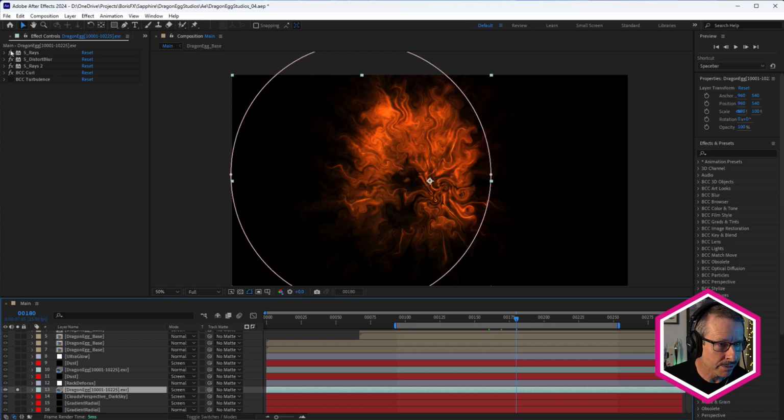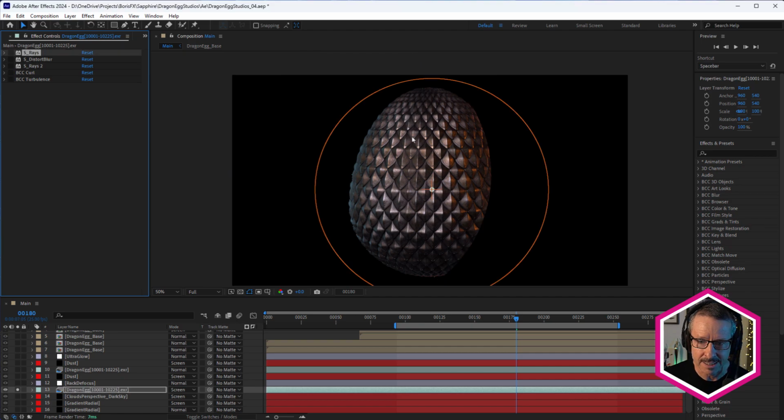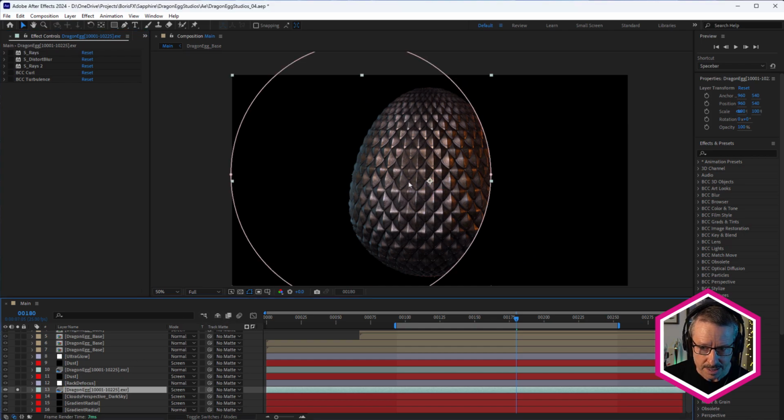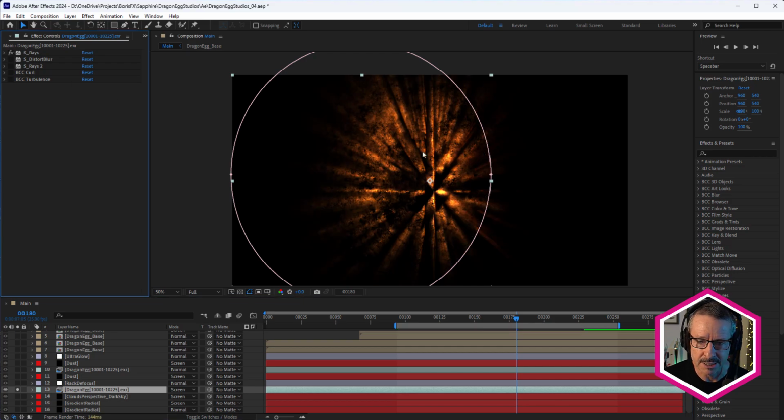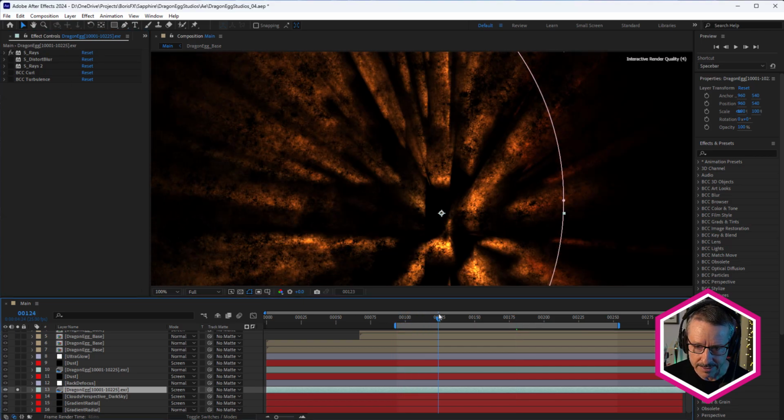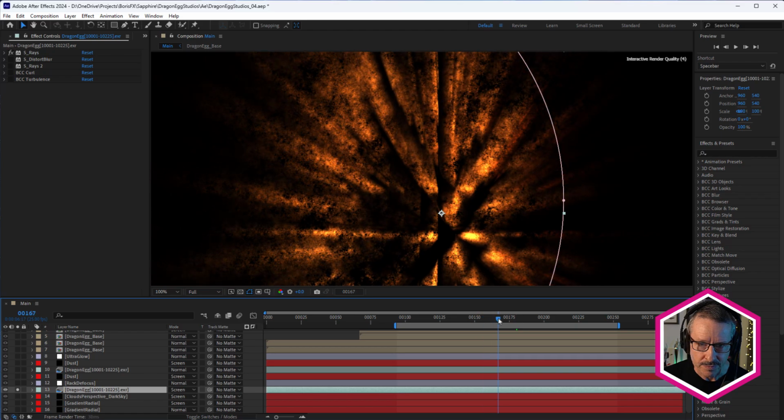And there's a bunch of effects in here. Let's check this out. So one thing to notice is I do have a mask on that layer. You can see I've just masked it off because I didn't want the effect to be popping out down the bottom here. So as I was exploring this look, the first thing I started with was S Rays, so Sapphire Rays, and that gives me that kind of look.